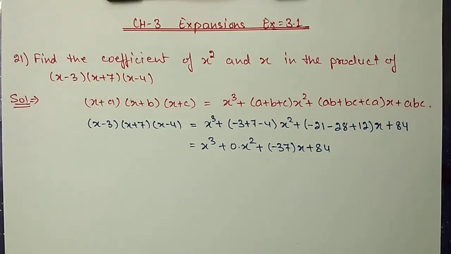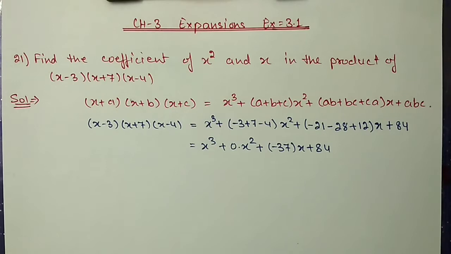Hello students, we are doing chapter number 3 expansion exercise 3.1. In previous video we have done till question number 20 and today we are starting from question number 21. Find the coefficient of x square and x in the product of x minus 3, x plus 7, x minus